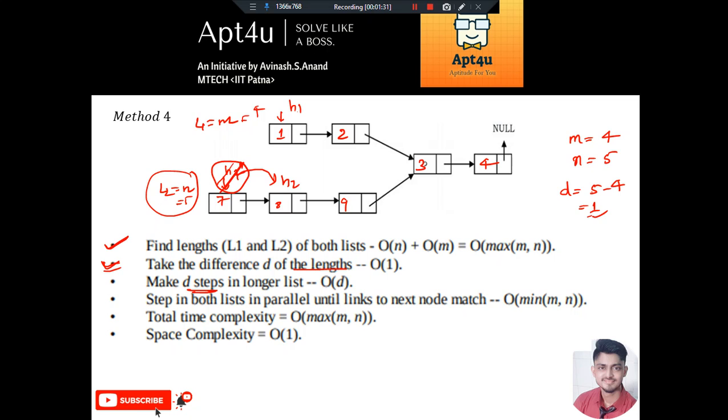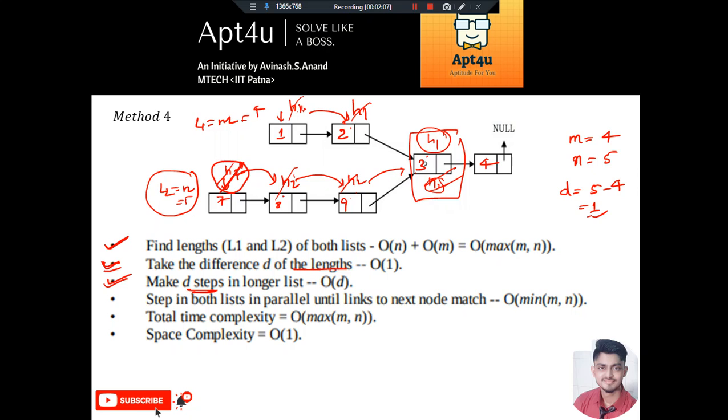Fine. Now once the head pointer in the larger linked list has taken d steps, we then start moving both the pointers parallelly, taking one step at each time until we find that their next value remains the same. For example, h1 next is this node, h2 next is this node. So obviously they are not same. Come here. So h2 comes here, h1 comes here, right? Fine. Again h1 next is this node, h2 next is this node, and we finally see that both pointers h1 and h2 are pointing to the same node, and yes, this is our merging point, right?